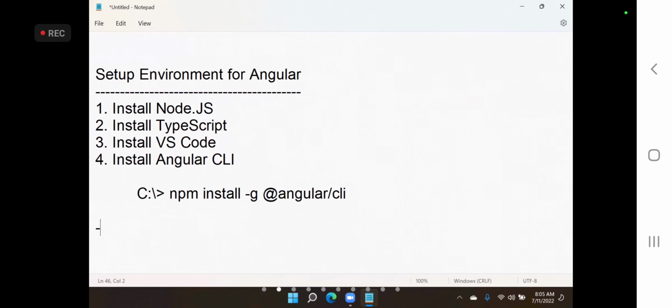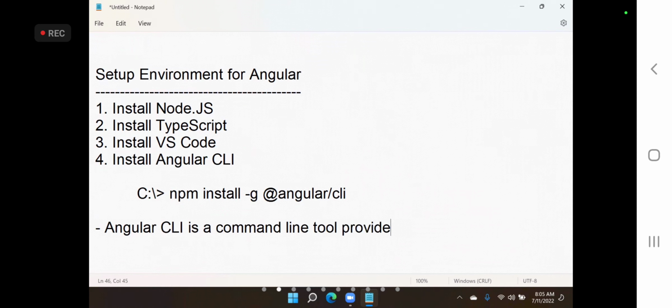Angular CLI is a command line tool provided by Angular to create and manage your Angular projects.